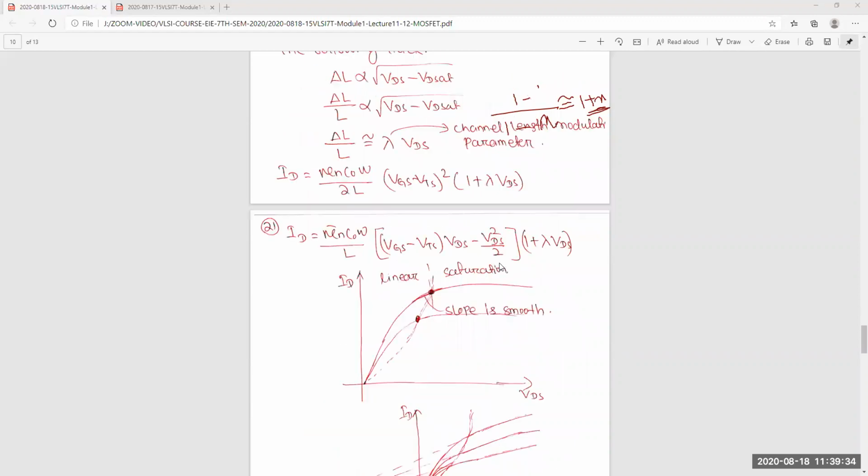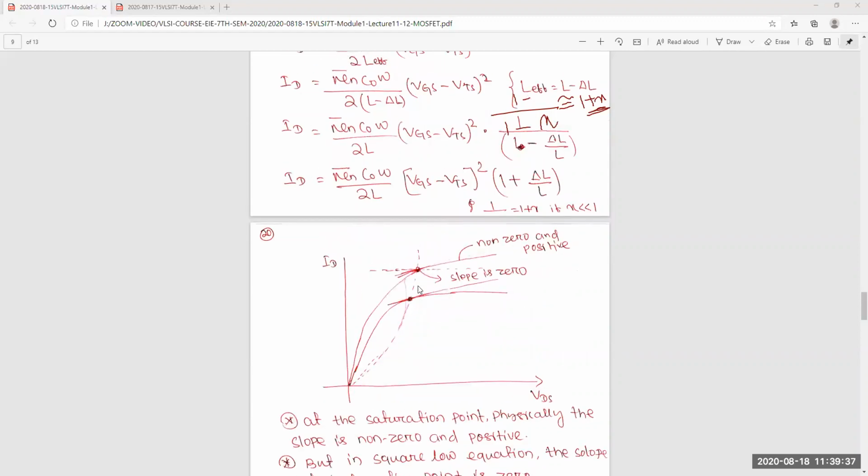Another important thing here: you can see this is the threshold point. Before that some finite slope was there, but here we are saying there is zero slope at the threshold point. So there is a discontinuity. Some finite slope was there, and after that directly it is zero. In mathematical and computer simulation, this is a very problematic thing, because the transition is not smooth. From some finite value to zero, that model will not work in computer simulation.